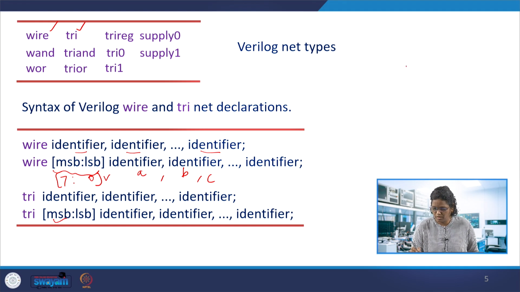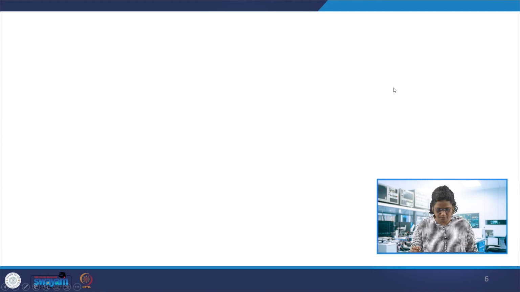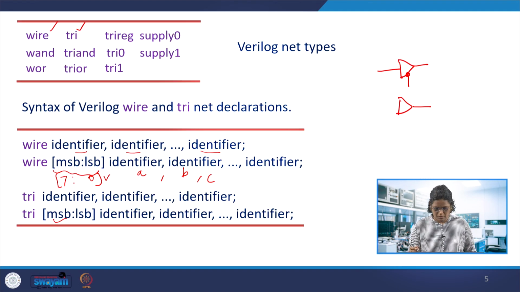So for example, we can take a buffer. This is a tri-state buffer, and these are the two signals which we have, and we can have this select line as 1, and this is x1 and x2.